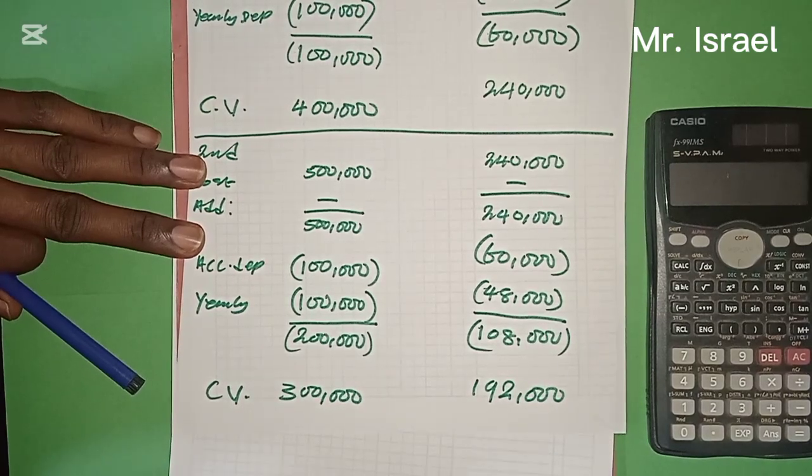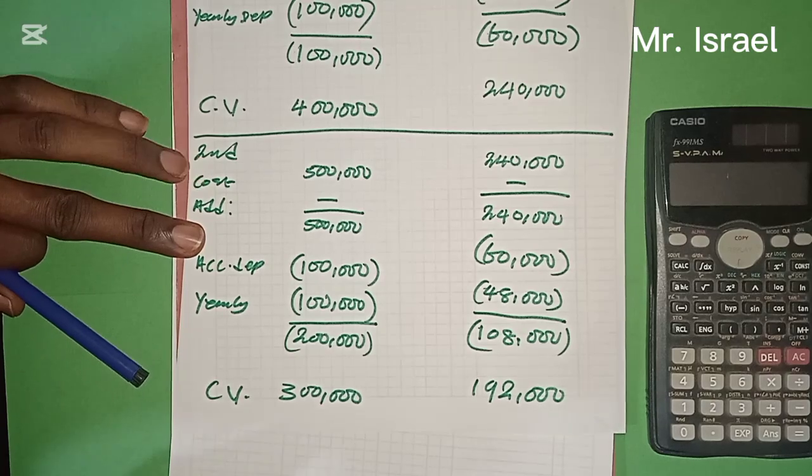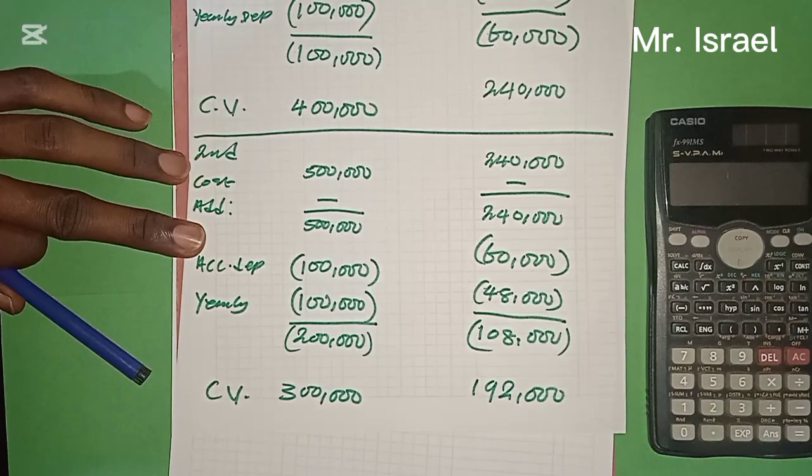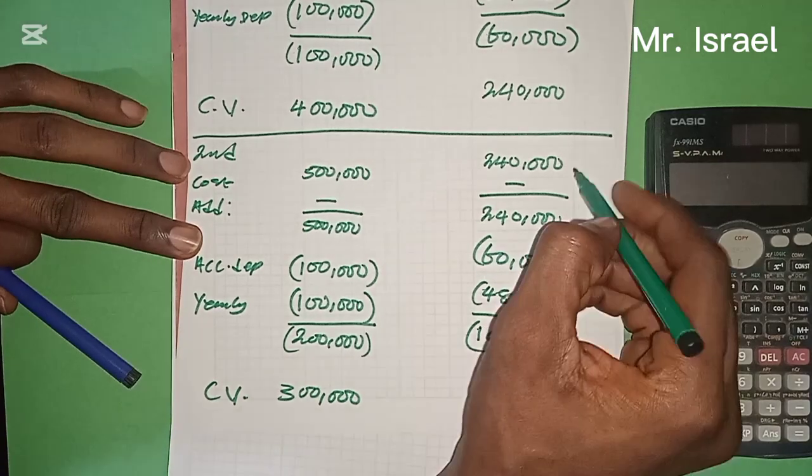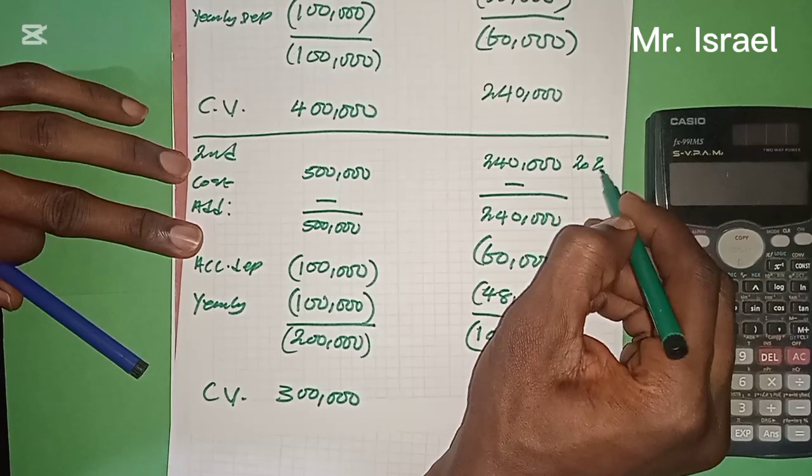Is that okay? Now we are going to solve for the third year to make it easier for us, so that we understand more. But before we solve that, let me explain. We charge 20% here